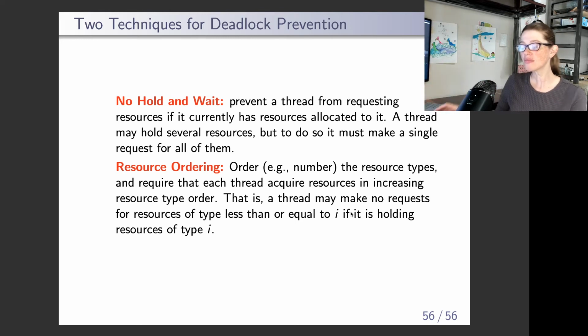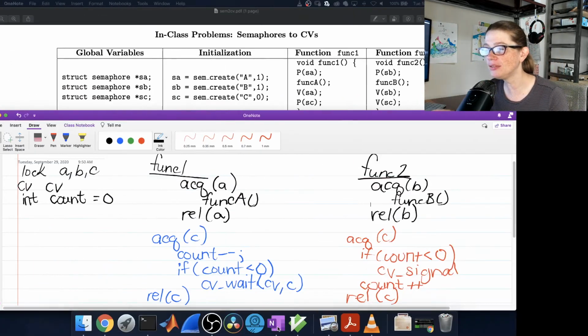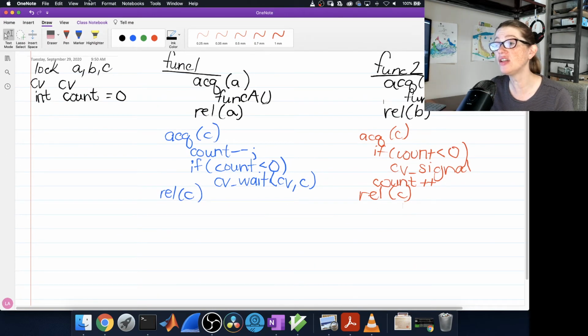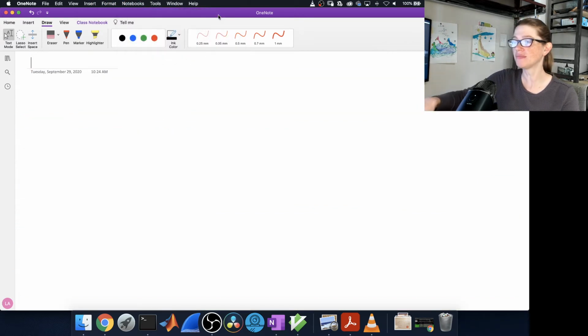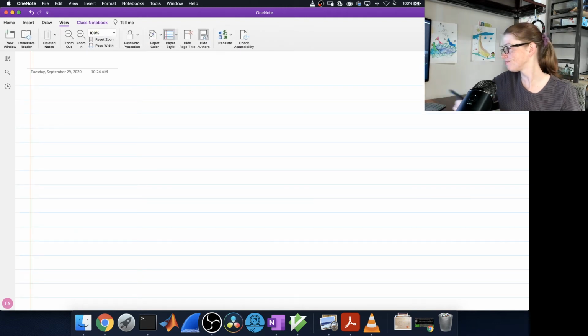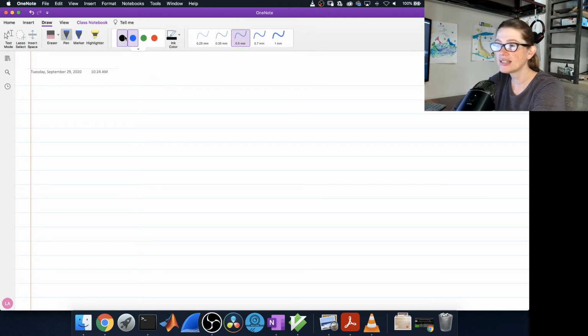I'm going to go over to OneNote here, and I want to give you an example of solving the deadlock from the previous slides with no hold and wait, because it's always good to see an example. Okay, let's get a color. So we've got function A. Now, no hold and wait says we are not permitted to own anything